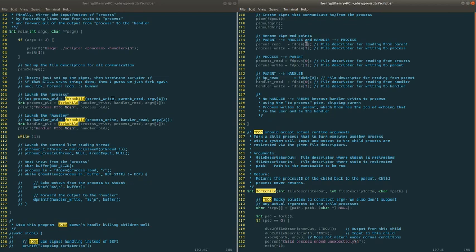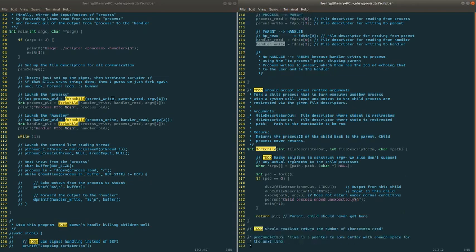Well, I guess in a sense it is. Anyway, 0 is what you read. And I pass handler write, which is for writing to the handler, into fork child